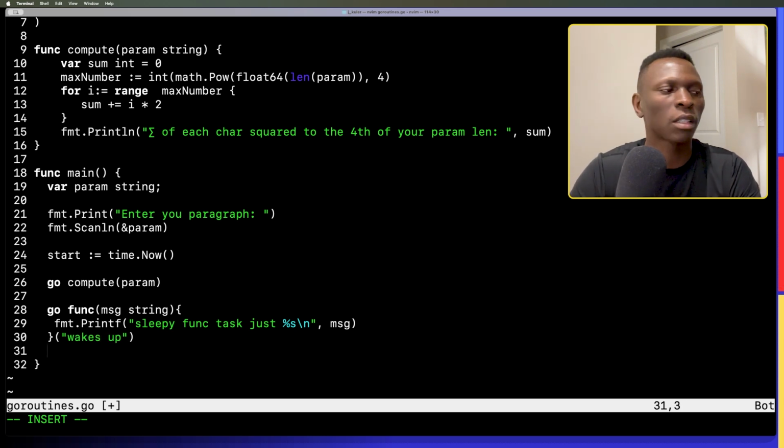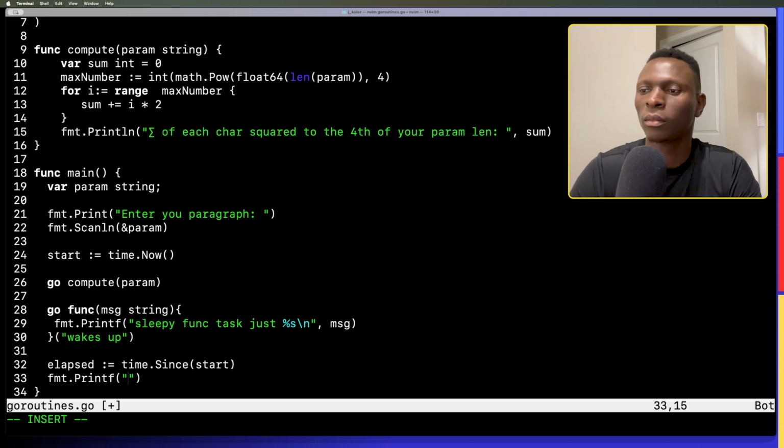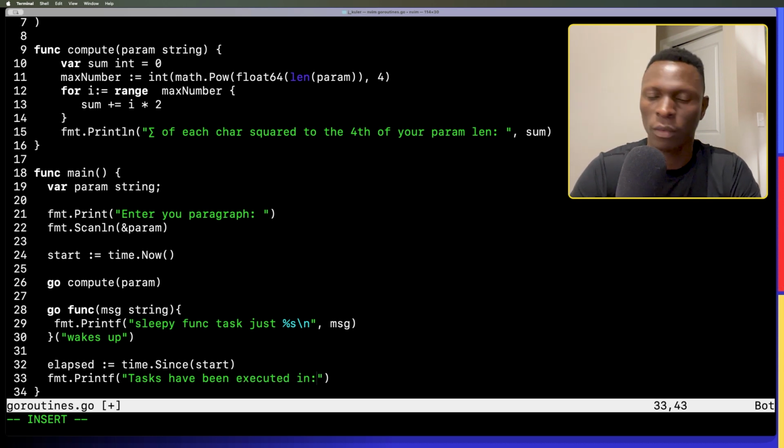Okay, once our second task runs, now we are going to capture the elapsed time since the start, and we are going to print with fmt. Sometimes I do use Printf. I kind of like it because it comes from C, or I use Println. It depends. Function task has been executed in, we pass the string, newline, elapsed time, and the elapsed will be the time completed in microseconds. Now, second, microsecond by default. Okay,